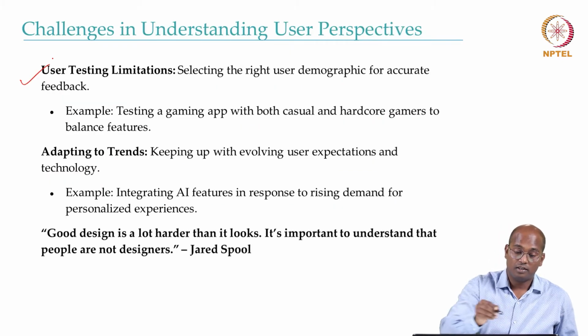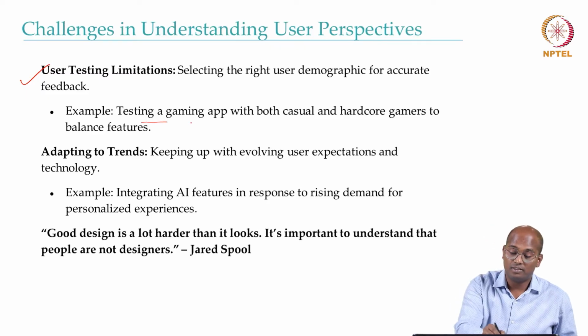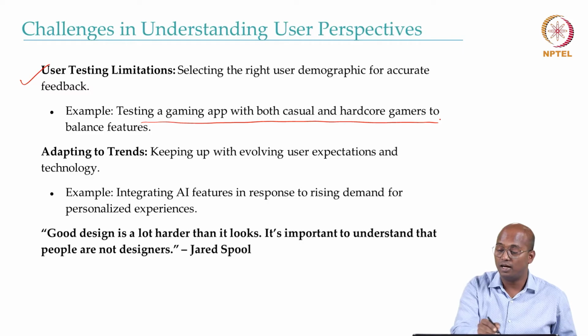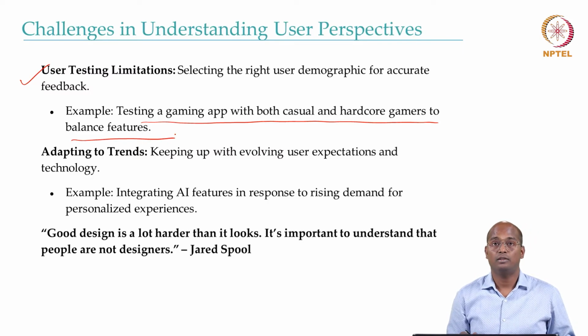Another challenge that we face is user testing limitations. Selecting the right demographic for accurate feedback is very important. Otherwise, you end up having wrong feedback from the wrong user and the wrong environment, which eventually affects your system. An example is testing a gaming app with both casual and hardcore gamers to balance the features, so that you understand you may have a beginner or maybe a hardcore gamer as a user, and your system should support both